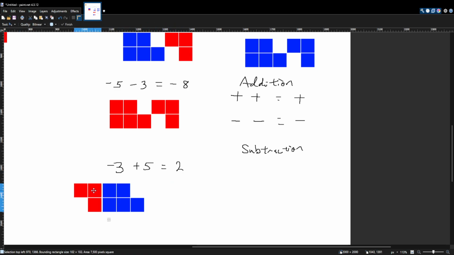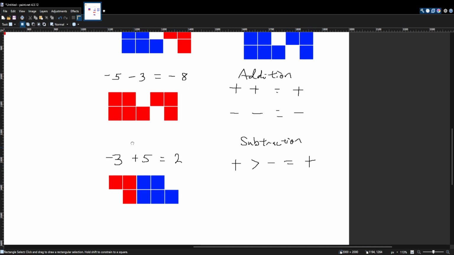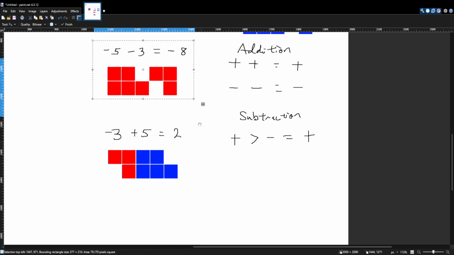So these, I put them over here, and then move them that way. Adding, you just squish them together, and tiles that are the same are going to cancel each other out. And so we end up with subtraction. And so in this case, we had more positive value than we had negative value, and we ended up with a positive result. Well, if we had the exact same situation, but instead we had -3 and we're adding 5 to that,